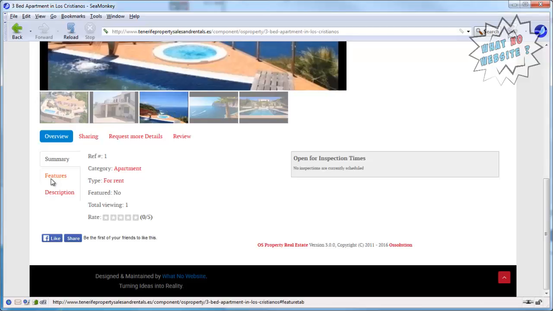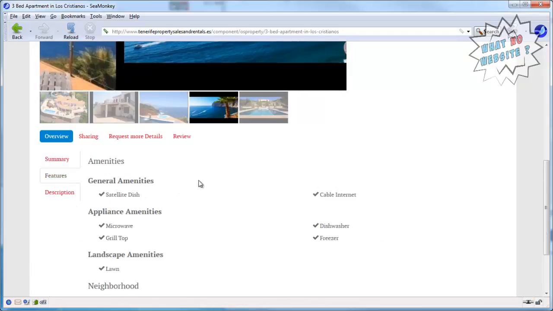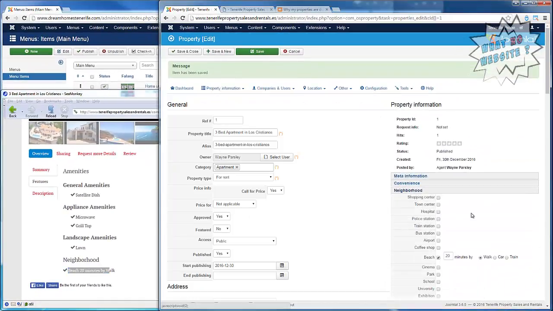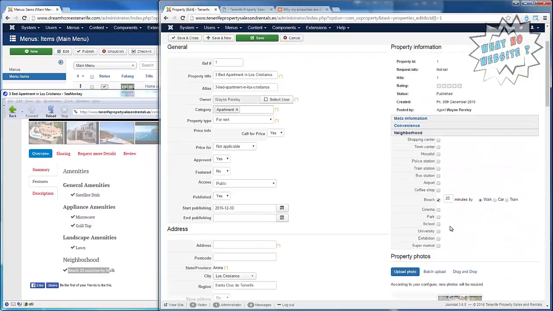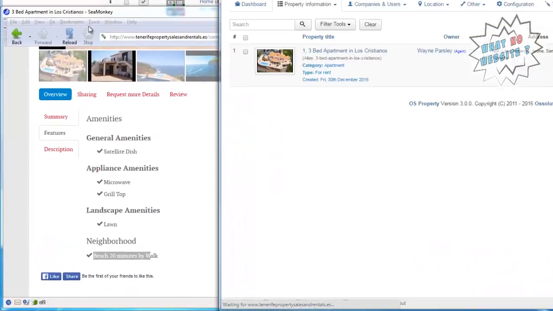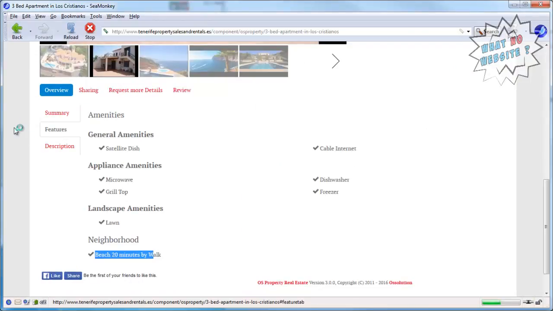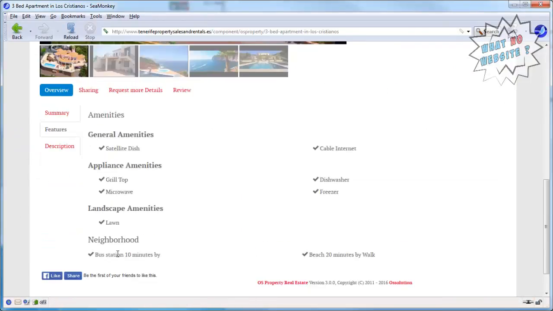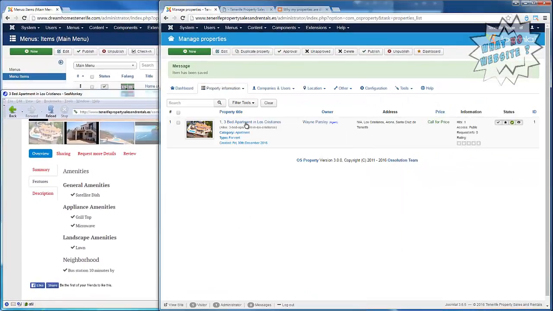And we'll see here we've got the features tab. So it tells us we have a satellite dish, cable internet. The beach is only 20 minutes by walk, and as you'll notice here, we put that. So let's try the bus station. Let's say the bus station's only 10 minutes away. Save that, close that, and then we'll refresh the property page and go back to features, and you'll see now it's added that the bus station is 10 minutes and the beach 20. And